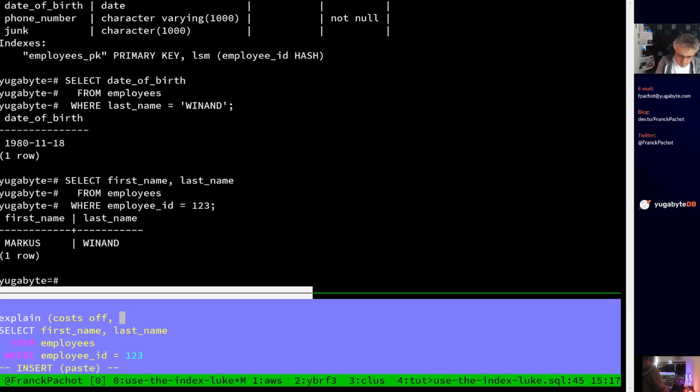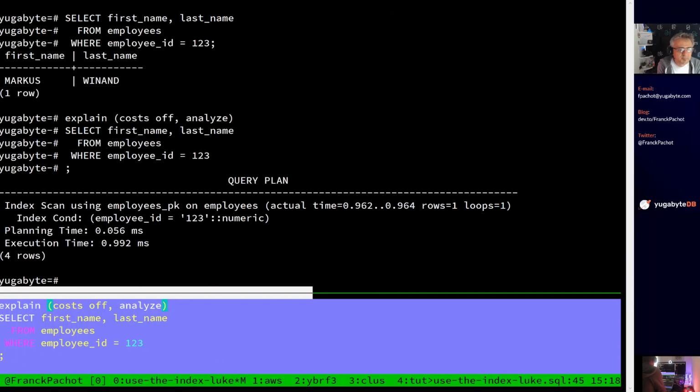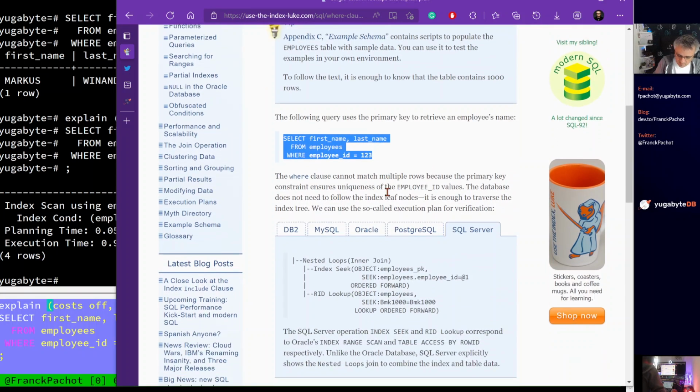It's work in progress, but I want an explain analyze to see the execution statistics. So if I run that, I can see the execution plan for it,